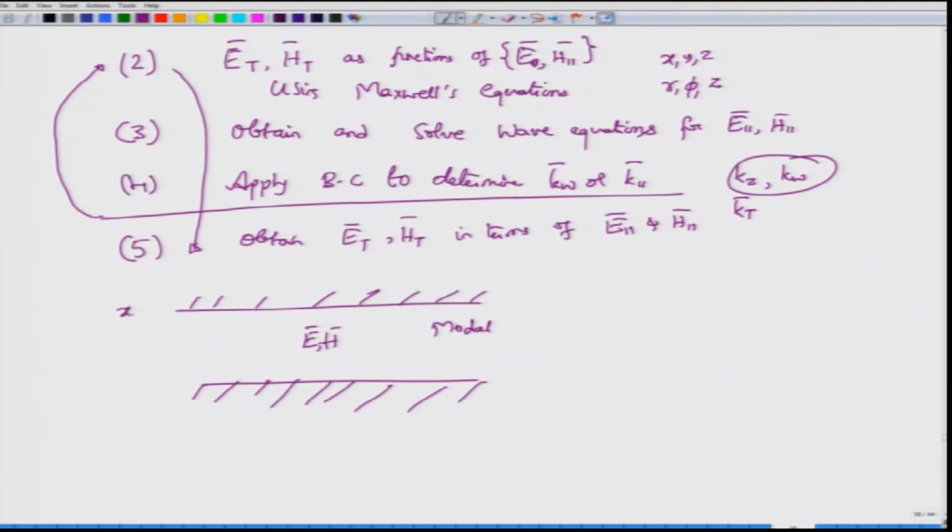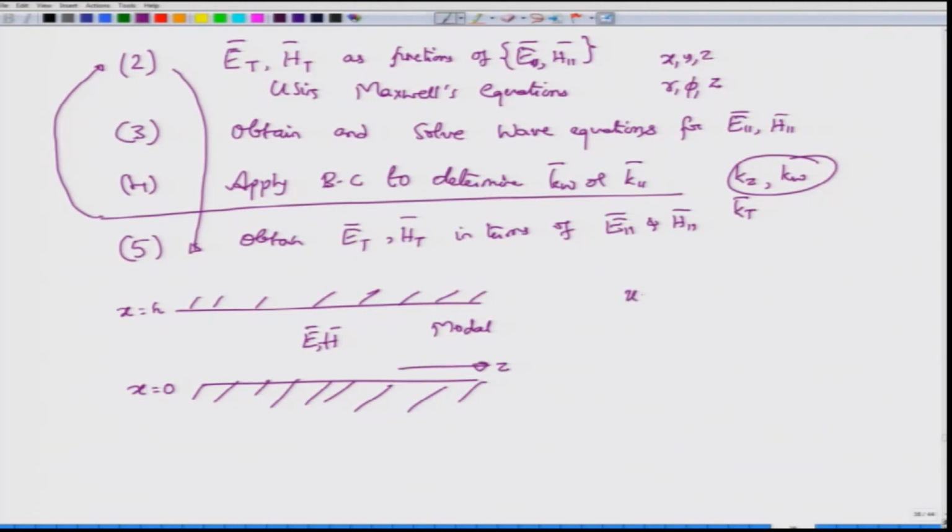So, here I can be a little careful in choosing the coordinate system. I do not want to work with negative values of x, or rather x equal to minus h, I do not want to put in. I will put x equal to h and x equal to 0. Okay. This of course will be the z axis.